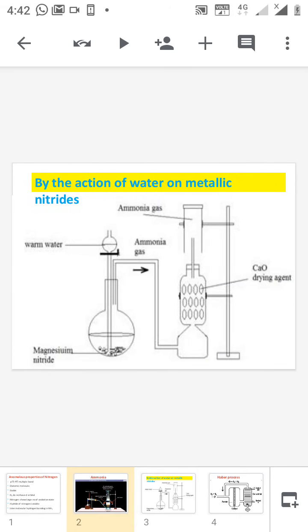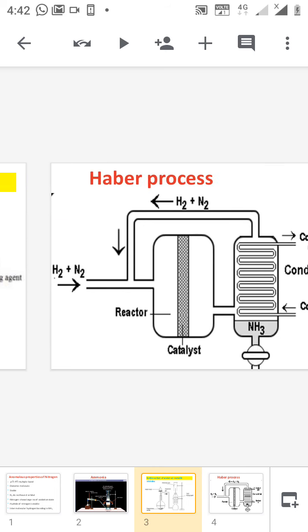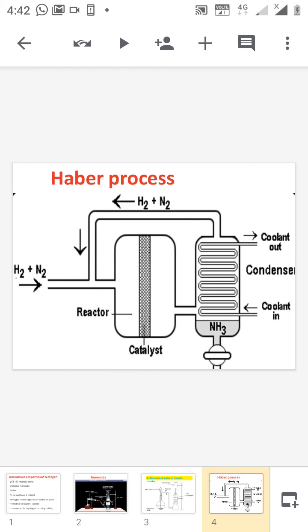The next method is the action of water on metallic nitride, in which magnesium nitride, aluminum nitride or calcium nitride is treated with hot water and ammonia is formed. The next method is a very important method, that is the Haber process, in which nitrogen and hydrogen combine in the presence of iron or iron oxide catalyst